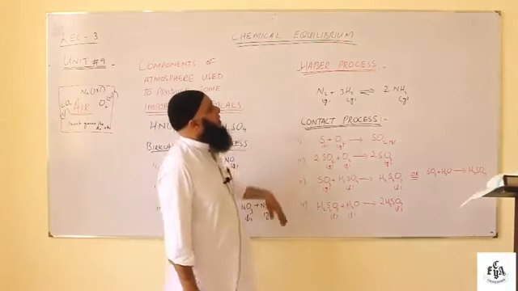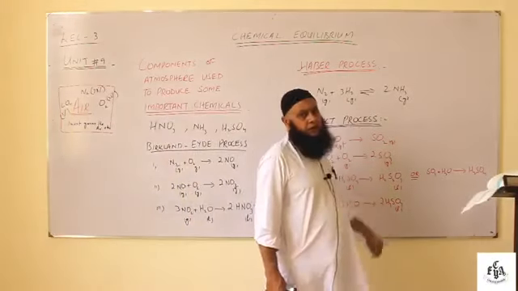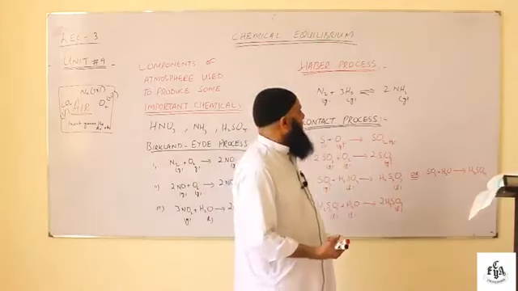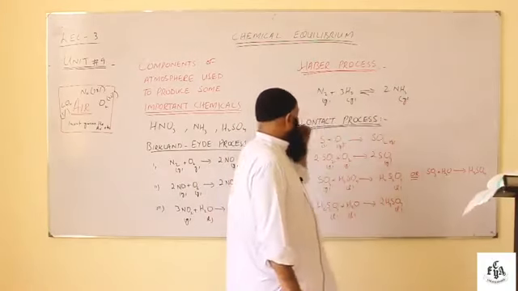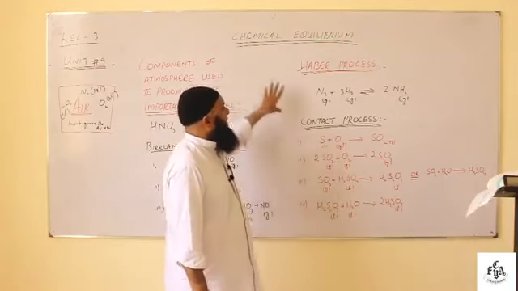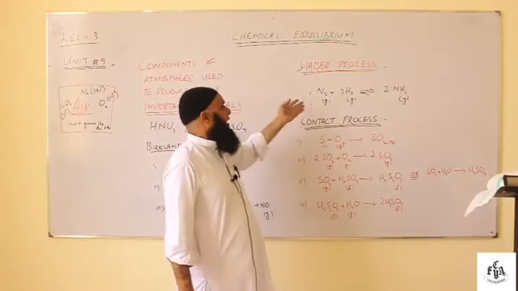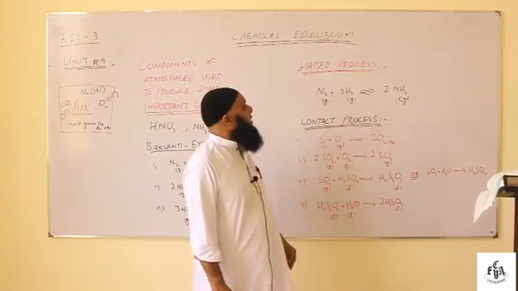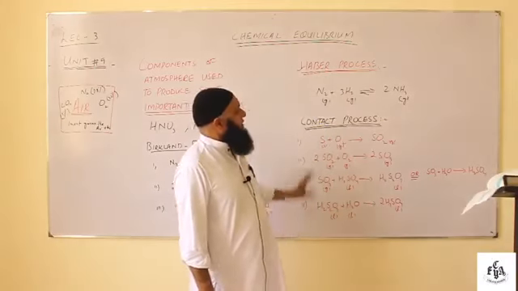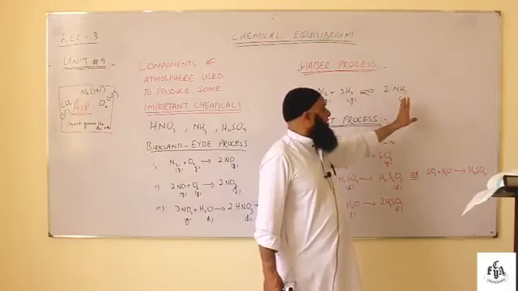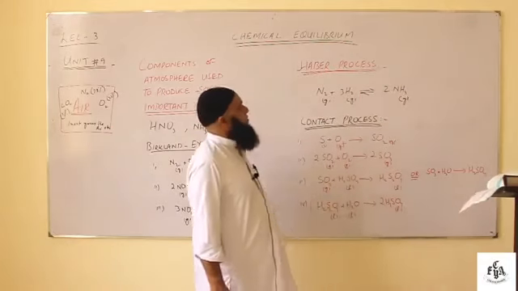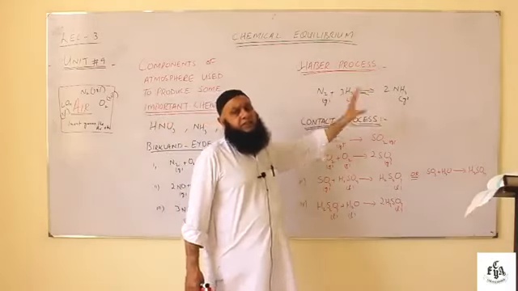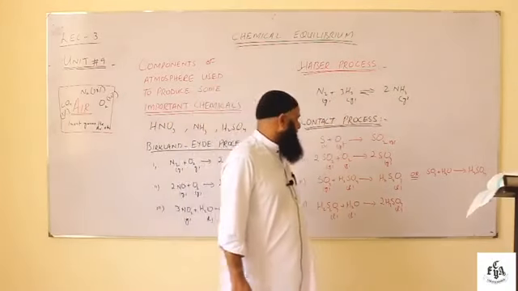Another method is for the formation of ammonia. Ammonia is composed of nitrogen and hydrogen in the ratio of 1:3. Very simply, I can get nitrogen from air and I can get hydrogen. By combining hydrogen and nitrogen gas, I get a product called ammonia, and this process is known as the Haber process. Again it has specific conditions, that is temperature, pressure and a catalyst as well.